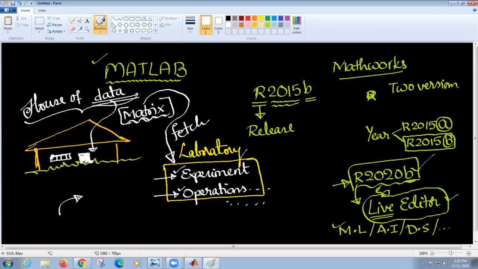Professor Cleve Moler started developing MATLAB. See, those days professors were very brilliant, right? Cleve Moler, a professor, came forward. He actually developed two software packages for students. Okay, I don't want to name all those things, it will take a big deal of time again.